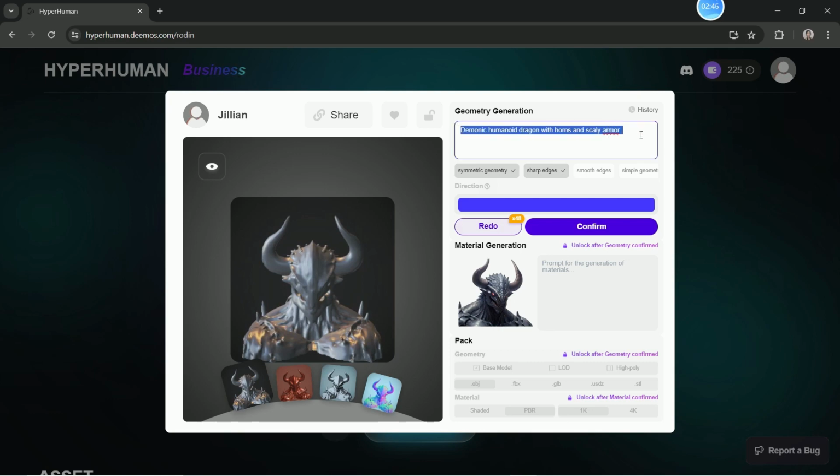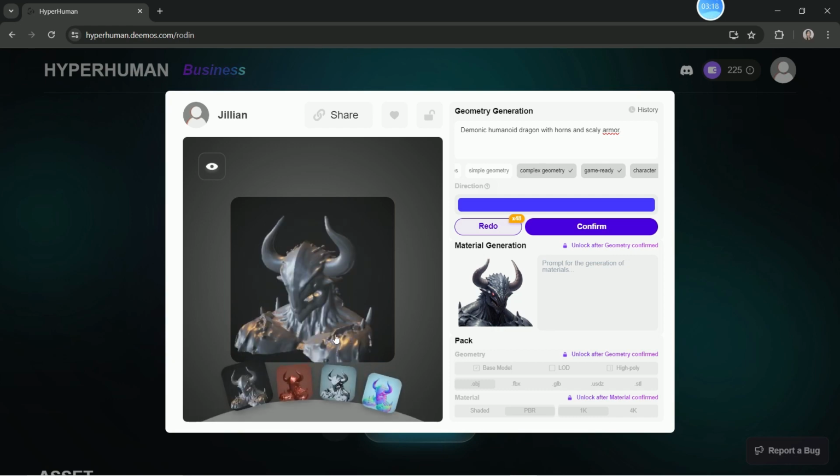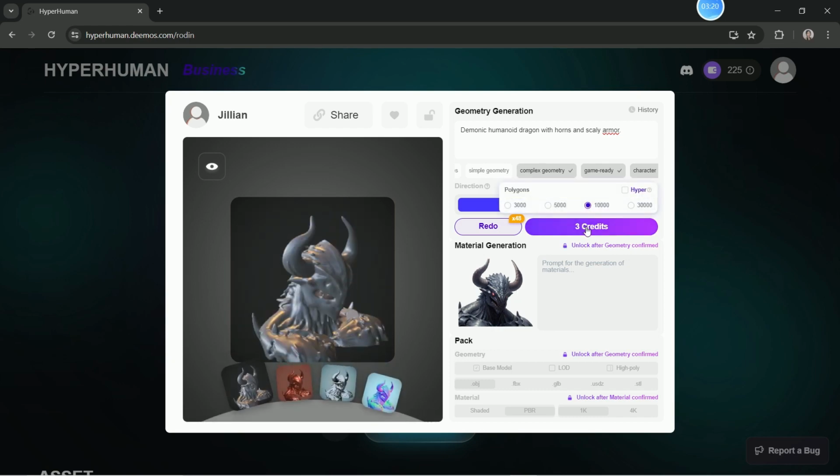And here you can also see a text description of this model, and also the keywords that are automatically recognized by the model. So you can also make some revisions on that. For example, click on the smooth edges or whatever other description, like add the game ready features. Yeah, and when you think you confirm for this geometry, just click confirm,